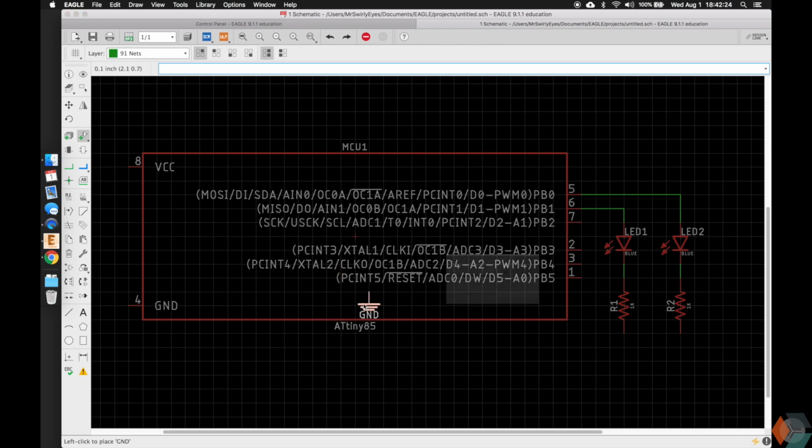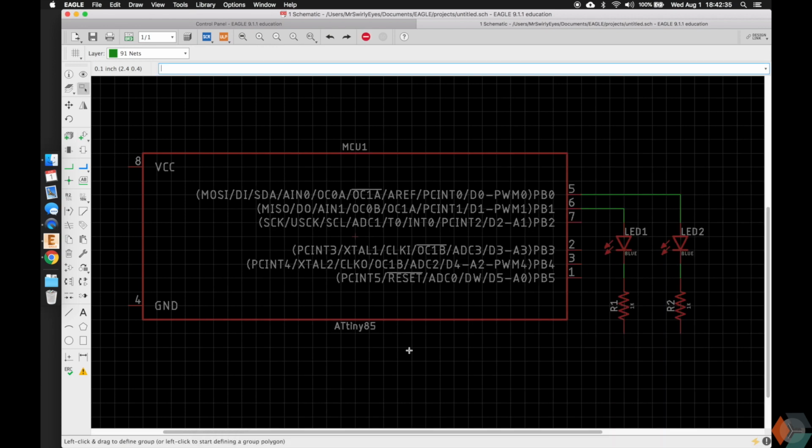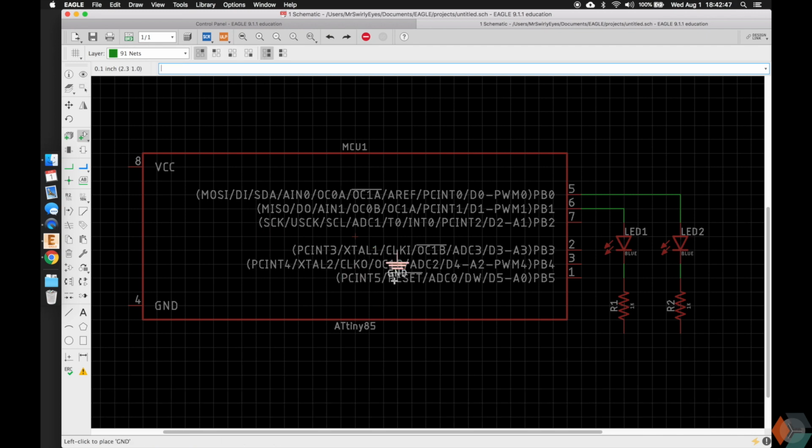However, if we keep on going to the library to add stuff, it's going to take a long time to do our design, and it's totally something to do when you're not familiar with our libraries. However, as you get good at designing, you can do some more powerful commands. So you can do add, and then you can give the option of adding a ground, and if you do that, it'll look for every component that has the word GND or ground in it, and you'll notice that since we're using the PIB Eagle libraries, the only thing we have in there that's called ground is our ground reference